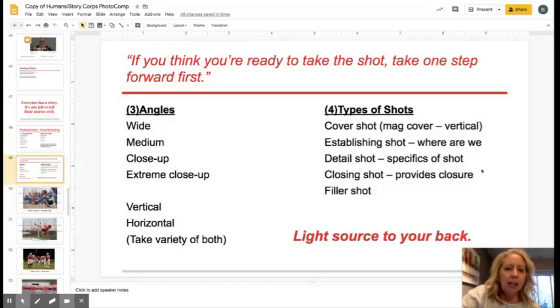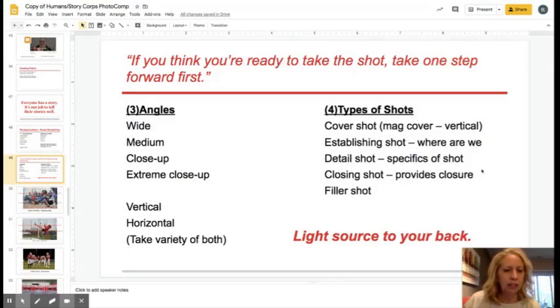And then the way that shots are used varies. So you can have a cover shot, like if you think about Sports Illustrated or People magazine, where you have the big vertical face shot or full body shot. A lot of times in news, we do an establishing shot, like the Highlander walkway would establish that we are at Homestead. You see that a lot of times in the news, the reporter is standing outside someplace to establish where they are. A detail shot is a little bit closer up shot, so you can see some of the